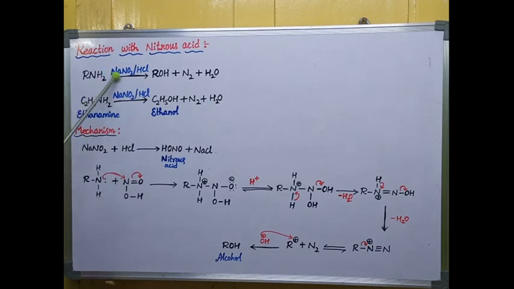So whatever NaNO2 and HCl we are taking in the beginning, they both react with each other to produce nitrous acid and NaCl. This nitrous acid reacts with the primary amine now. You can see nitrous acid we can write like this, HO and double bond O. So here we have oxygen, which is more electronegative. It attracts electrons towards itself. Now we are breaking this double bond. So when we are shifting this bond, this oxygen gets a negative charge and this nitrogen gets a positive charge.